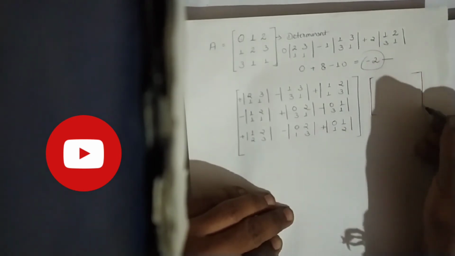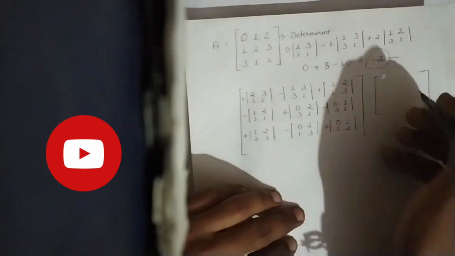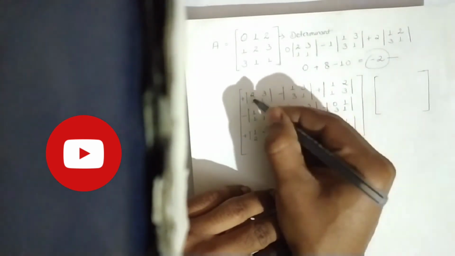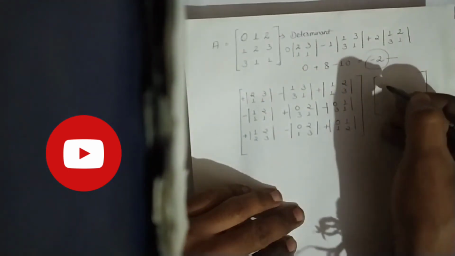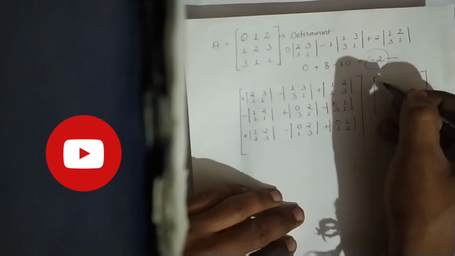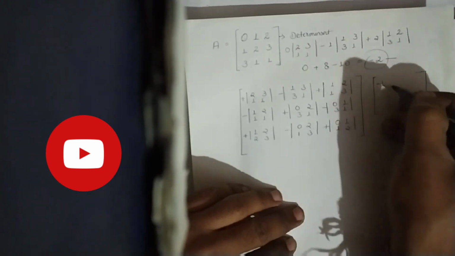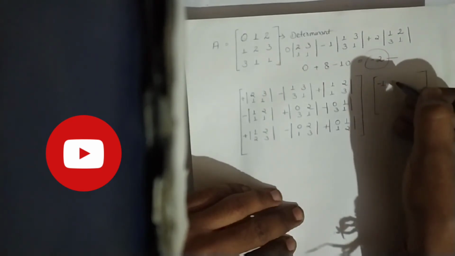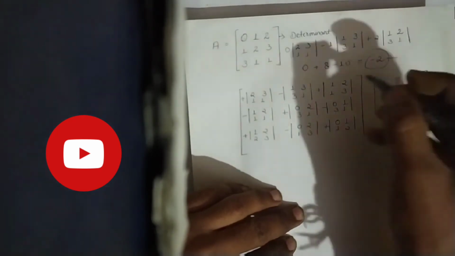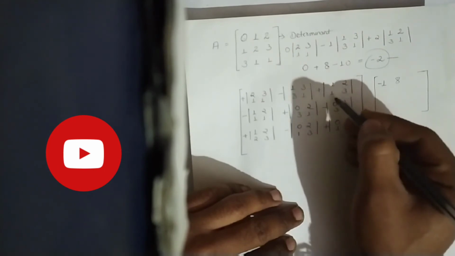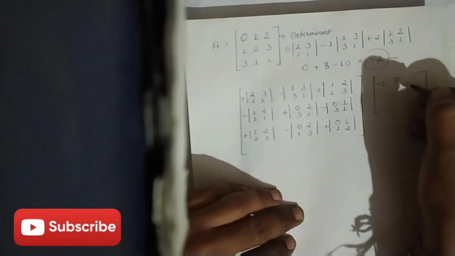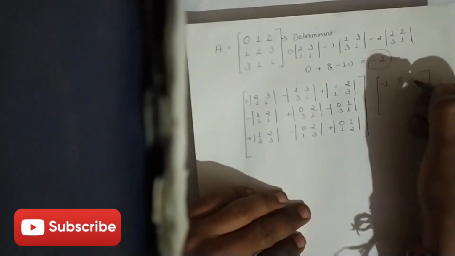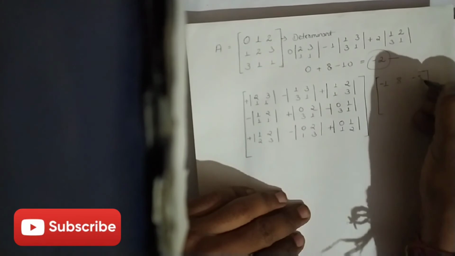So what will we get? You can see here, 2 1s are 2, 3 1s are 3, 2 minus 3, minus 3 or plus 2. So we will get minus 1. Here we will get 1 minus 9. So we will get plus 8. Here 3 1s are 3, minus 2, here we will get minus 5.